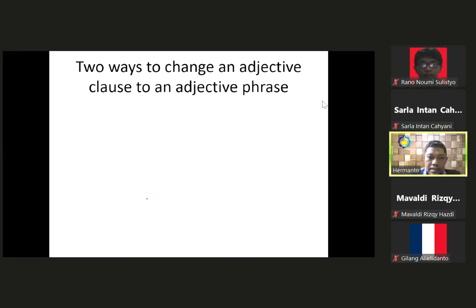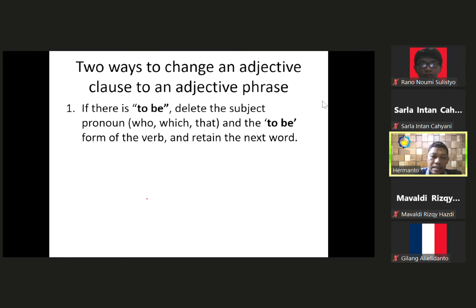All right, now let's continue. How to change an adjective clause into an adjective phrase? There are 2 ways. The easier way is to check whether there is a to be or not in the adjective clause. When there is a to be in the adjective clause,